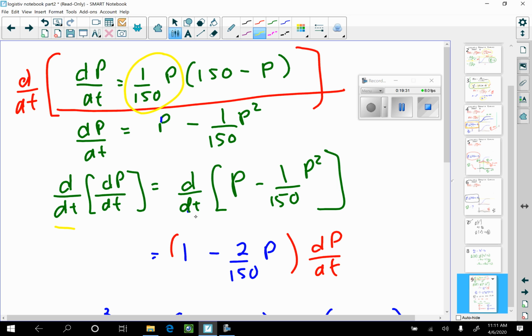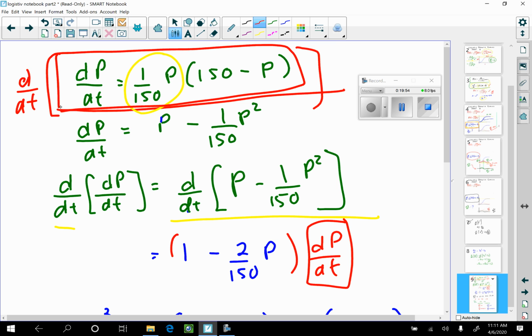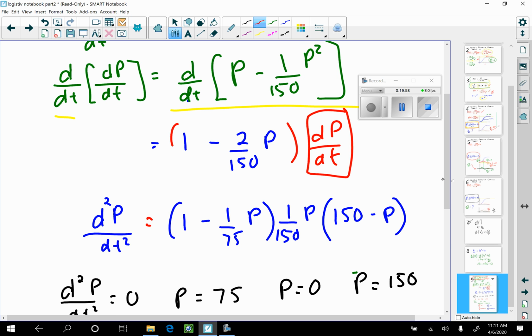And what is the derivative of this guy right here? Well, I'm going to differentiate the inside with respect to t. What's the derivative of p? 1. What's the derivative of minus 150p squared? Well, you're going to bring the 2 down over 150p. But what I didn't do on the other video is I didn't add this dp/dt. And we know what dp/dt is. It's this guy right here. So I have to add this to the end of this, okay? And right here it is. This is my d2p/dt2,